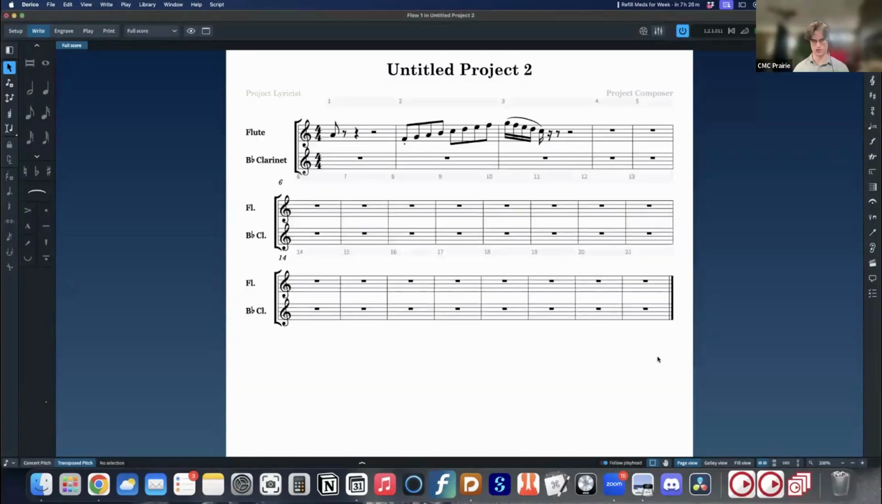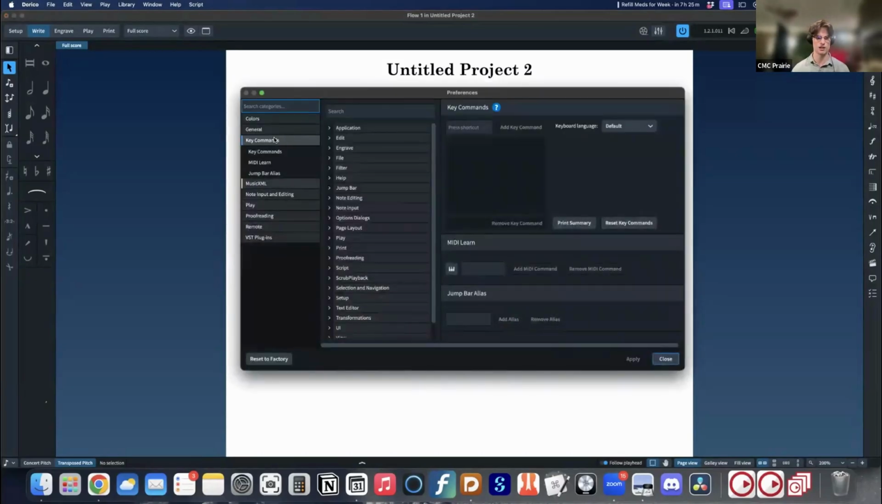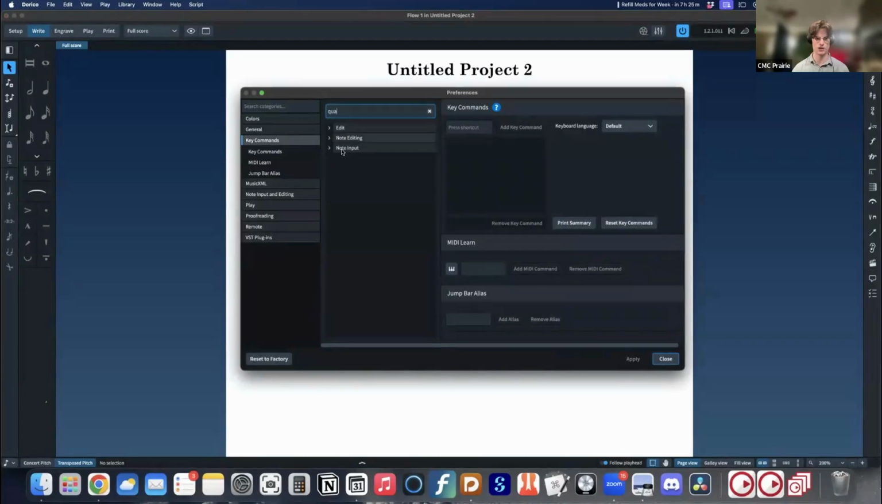Cool. So to go to system settings, Command or Control comma, you can go down to key commands. If you want to change your quarter note, you can look up quarter note in here. Go to note editing and note input, set note duration, and it will allow you to change durations and set key commands for each one. You can also, if you want to add MIDI commands to change that, this is where you can do that